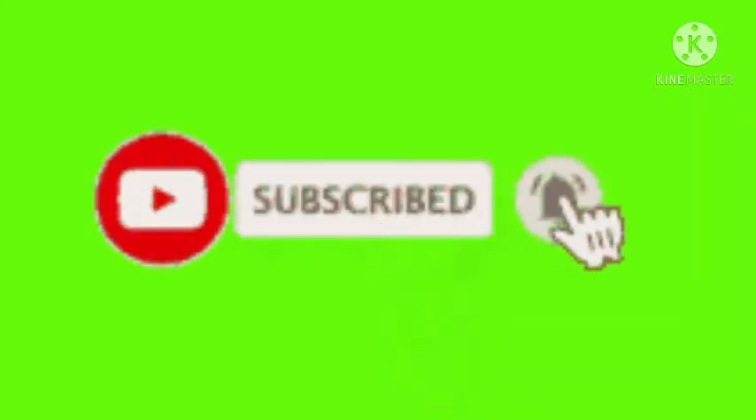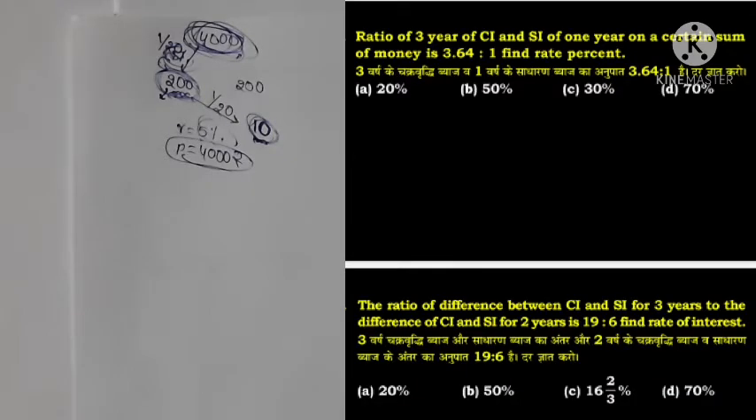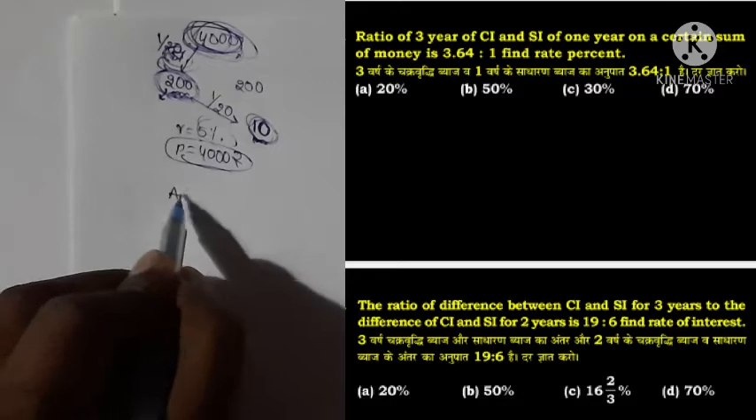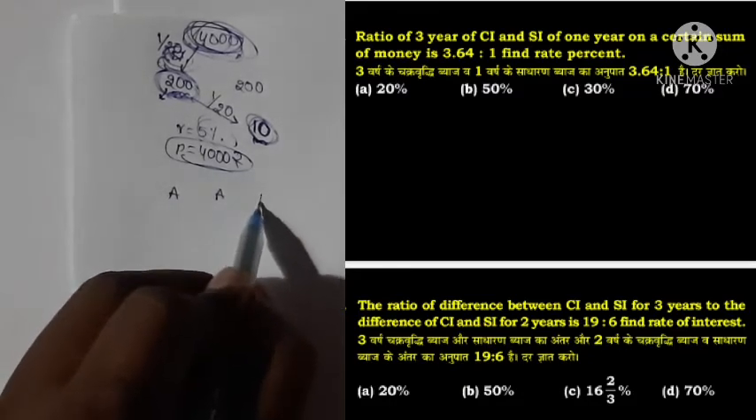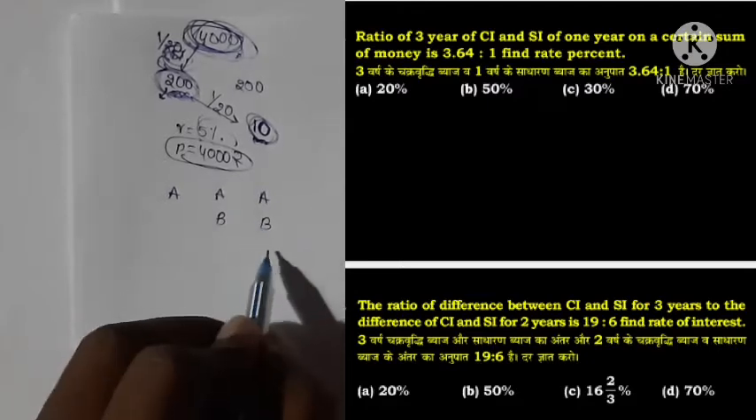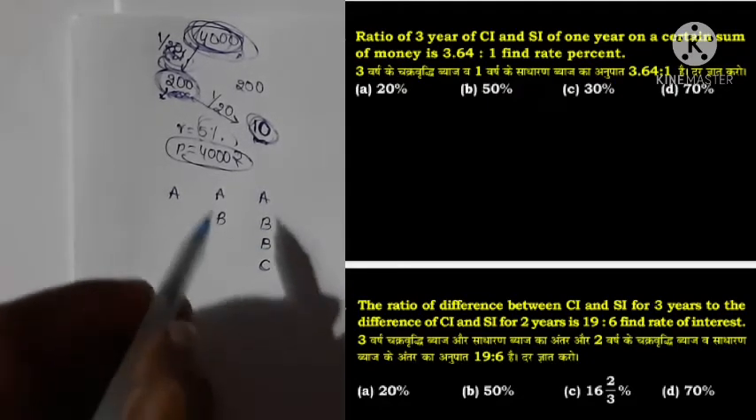Ratio of 3 years of compound interest and simple interest of 1 year on a certain sum of money is 3.64 is to 1. Find the rate of interest. Here, take the simple interest for 1 year as A. For B, C. So for 3 years,